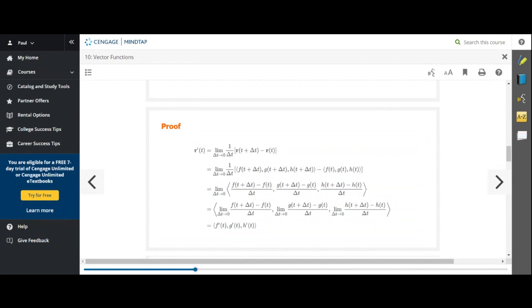Where are you uncomfortable with the proof? No, I like the proof, but I think when you actually do the working, it becomes confusing at times. Is it just because of how they bring the limit inside the vector? Yes. When you take the limit of your vector function, you're taking the limit of the vector whose each component is